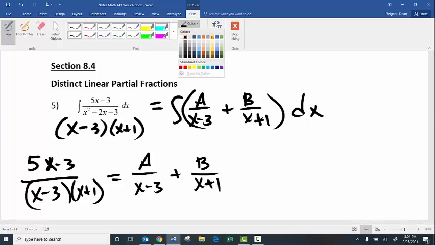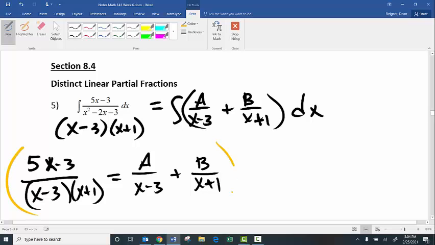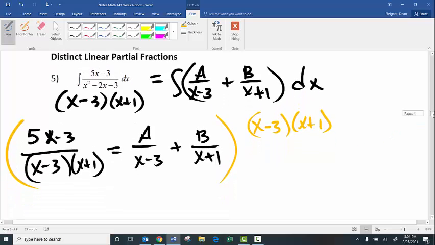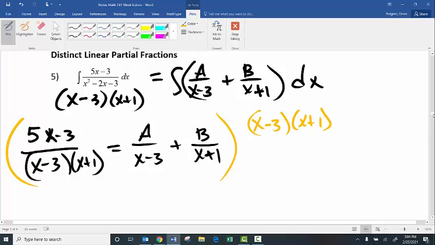You're going to multiply the whole thing by the common denominator, which is x minus 3 times x plus 1. Okay? So now when you take 5x minus 3 over x minus 3 times x plus 1 and multiply it by x minus 3 times x plus 1, all the denominators cancel out, so you're just left with 5x minus 3